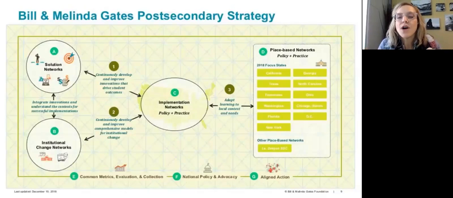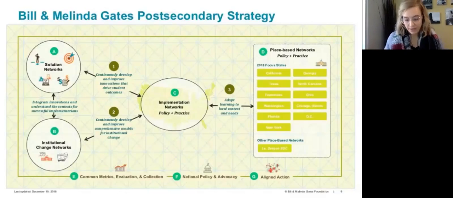There are a couple of regions that Gates Foundation focuses on, and so that's Chicago and DC. And then they also reference support and the importance of Oregon within their place-based work, because the co-chairs Bill and Melinda live in the Pacific Northwest and want to make sure that they are supporting the success of Oregon as well. So that's why Oregon is listed there kind of separately.